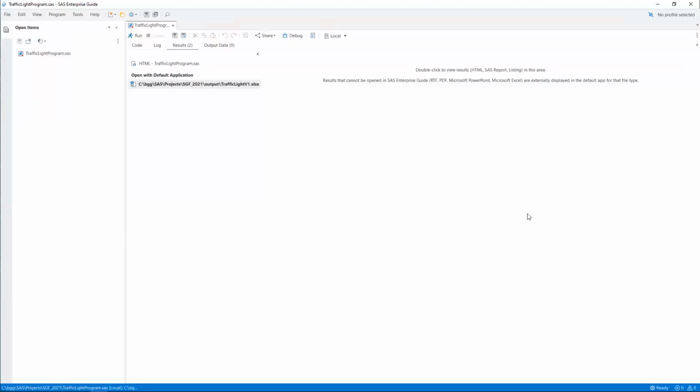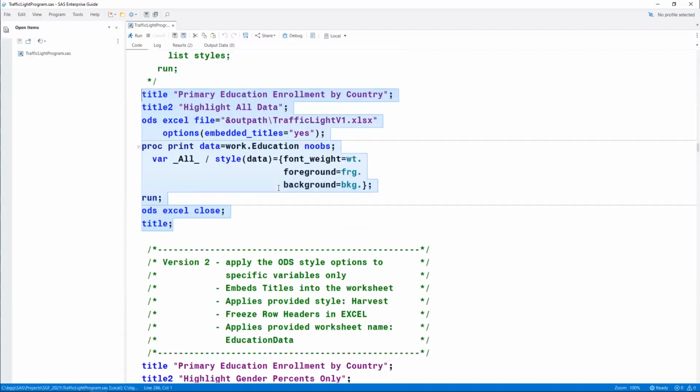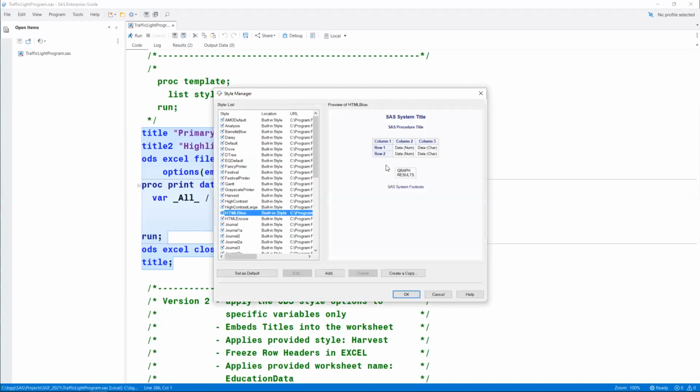All right, you can get out of there. I do want to show you something else. There is a way for us to see the generalized colors that come with a style in SAS. There are many styles that we can choose from instead of the default style. And there's an actual, if I go to Tools, there's a Style Manager here. If I open that up, we now see the default is this HTML blue in Enterprise Guide. And we saw exactly how this looks.